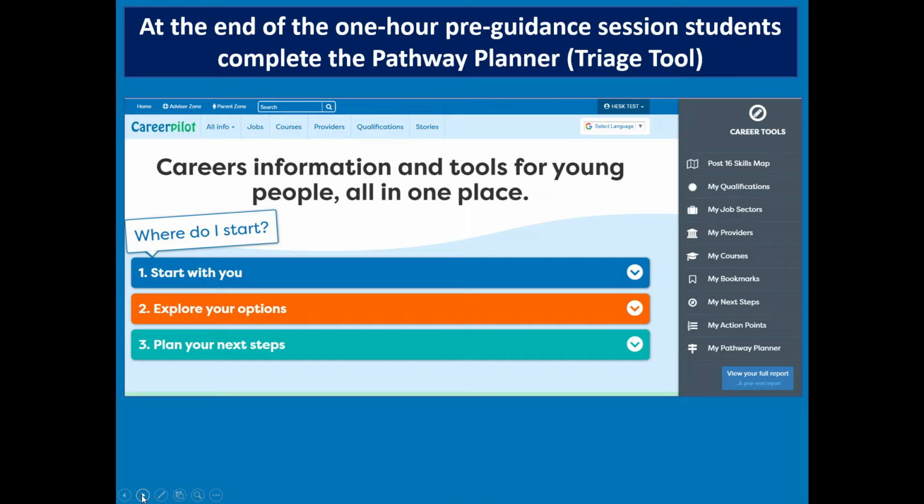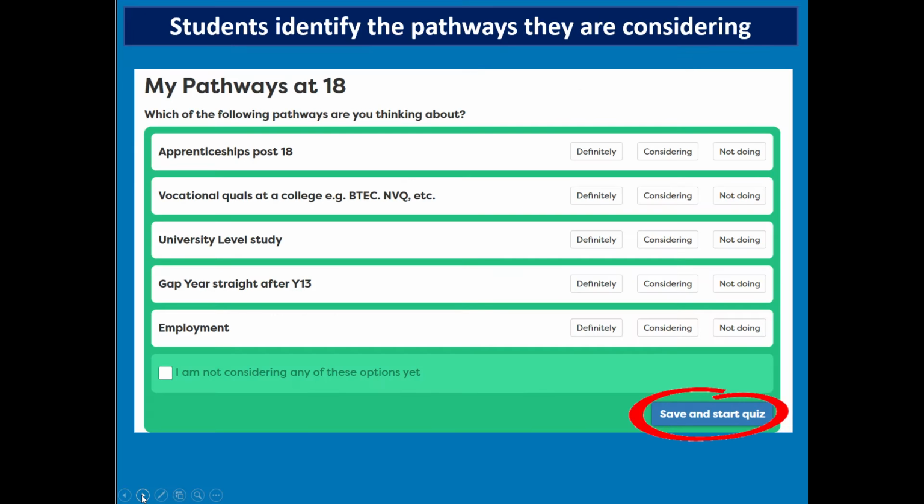What we want to do now is ask you to complete the pathway planner, where we can find out what pathways you're particularly interested in, and then we can provide the support you need so you're ready to make a good progression. So they click here. It'll show them the pathways they can choose. So if it's a year 11 version, it'll be about post 16. This is the year 12 version, about post 18. They could say, I'm definite, I'm considering, I'm not doing. They have to have an answer for every